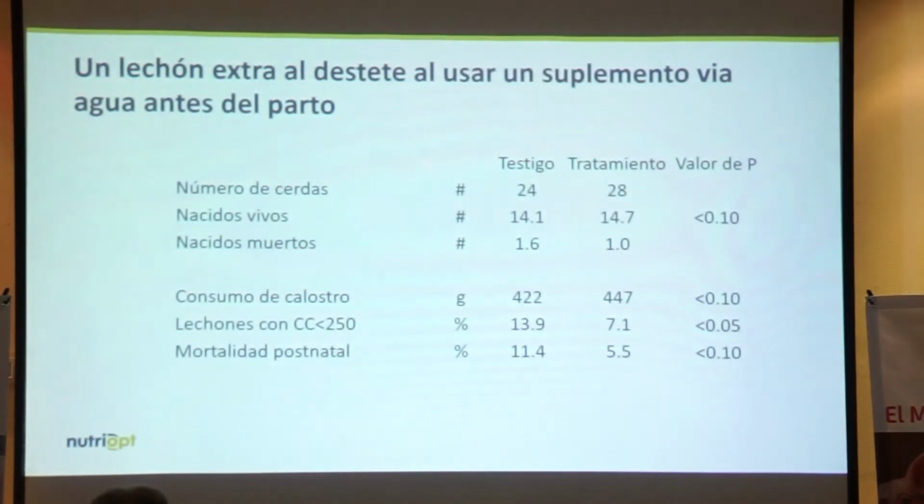So in this study we had around 50 sows in the control group and in the treatment group. When we looked at the piglets born alive, we saw a tendency of an increase of 0.6 piglets, and we also had a reduction in the number of stillborn piglets of 0.6. When we looked at the colostrum intake, there was a tendency of a higher colostrum intake, but what I think